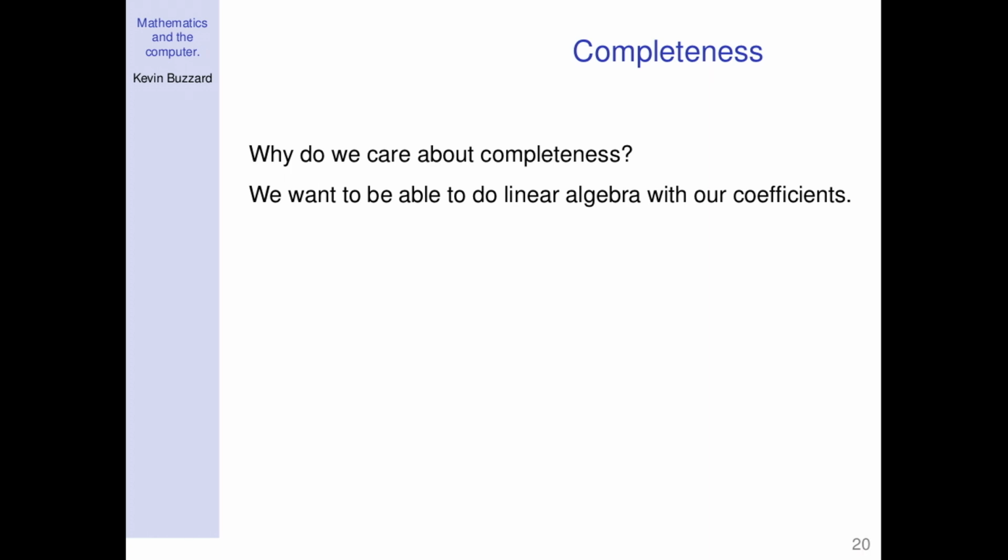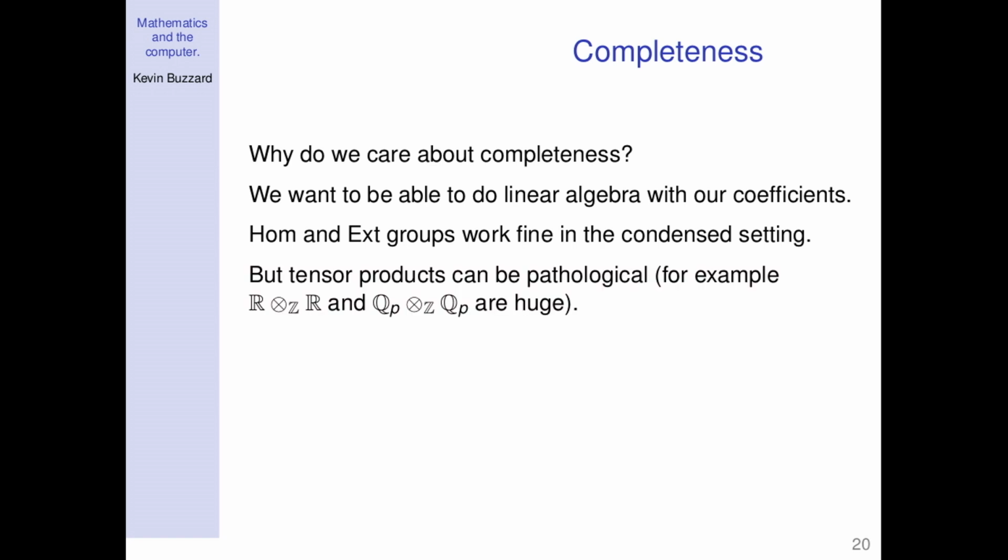We've got this complex of stuff, and I want to look at Homs between two complexes, or extension groups between two complexes, this sort of thing. We want to start doing linear algebra, and basic linear algebra works fine, but the one thing that doesn't work so well is tensor products. And tensor products are a bit of a nightmare in this sort of situation. I don't know if you've ever thought about objects like R tensor R; this is a gigantic thing. This is not the kind of thing that you can understand. It's gigantic and pathological. And Q_p tensor Q_p.